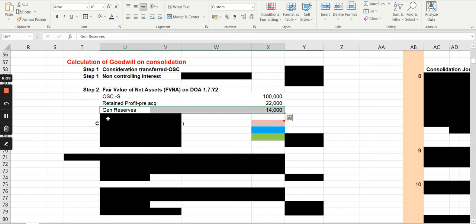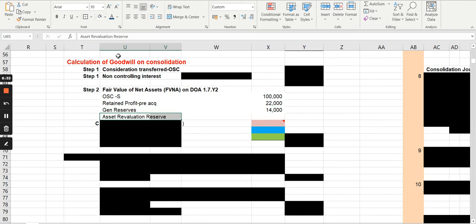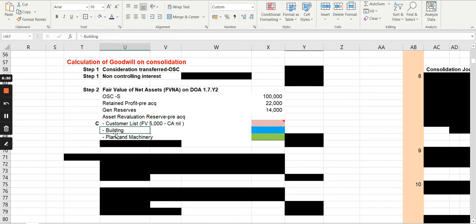Okay. The next one is regarding the revaluation reserve that has arisen due to the revaluation of the asset in the subsidiary. So there were three revaluation reserves that you have already noticed, where the first one was related to building, there was a surplus. We are talking about asset revaluation reserve here.